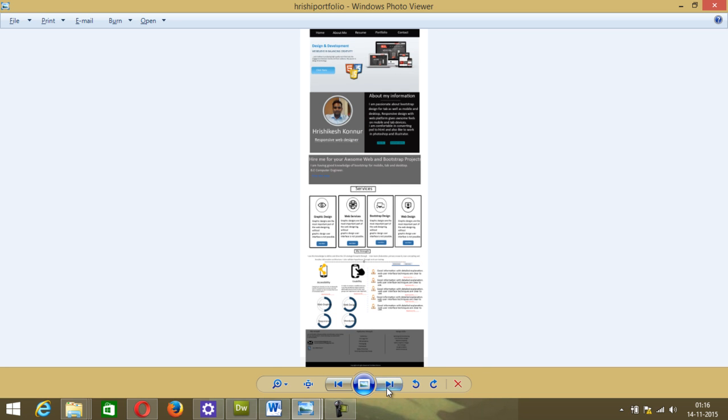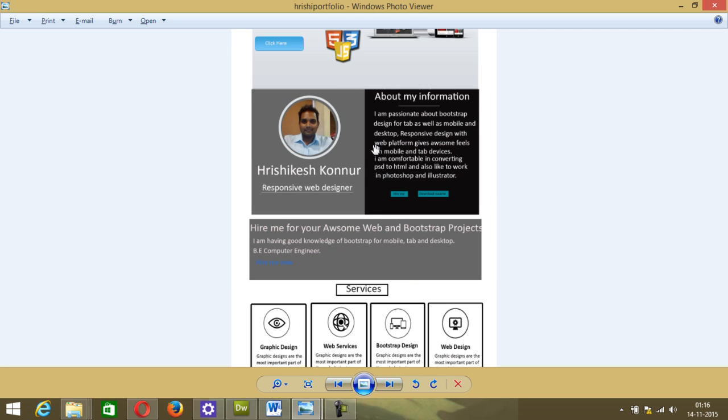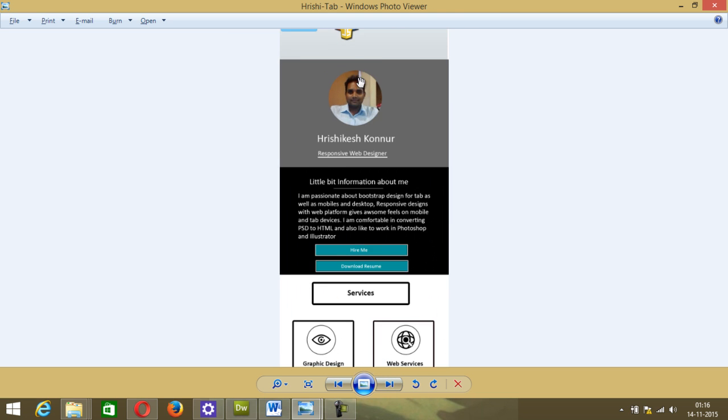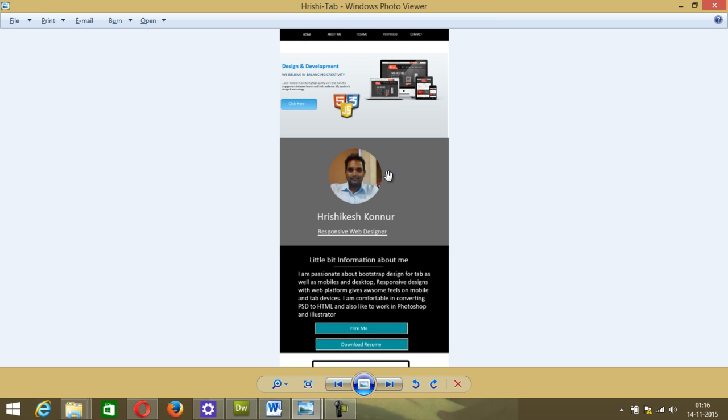For tab, if the total width is 12, it is occupying half of the width. That means it is occupying 6 columns out of 12, and this is also occupying 6 columns out of 12. And for the desktop, it is occupying 12 and 12 each. So the code can be,